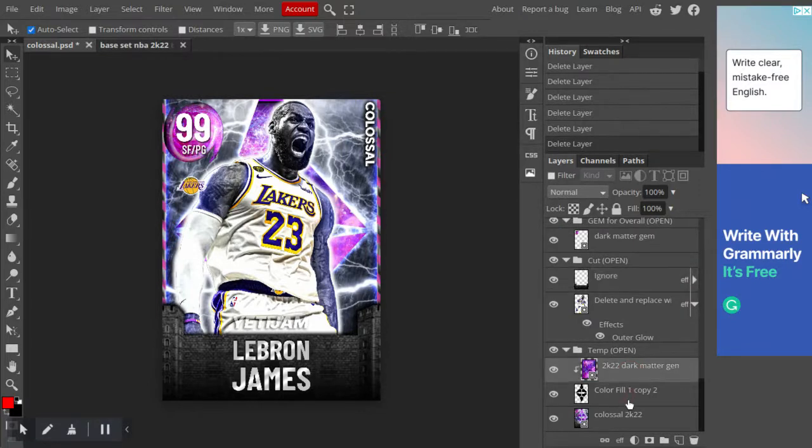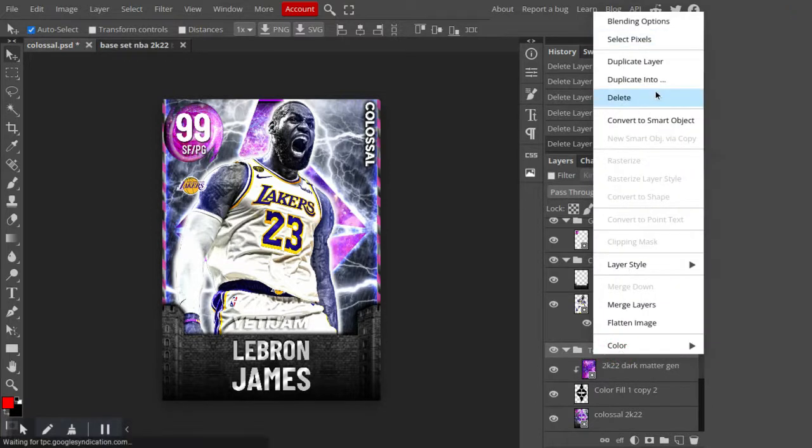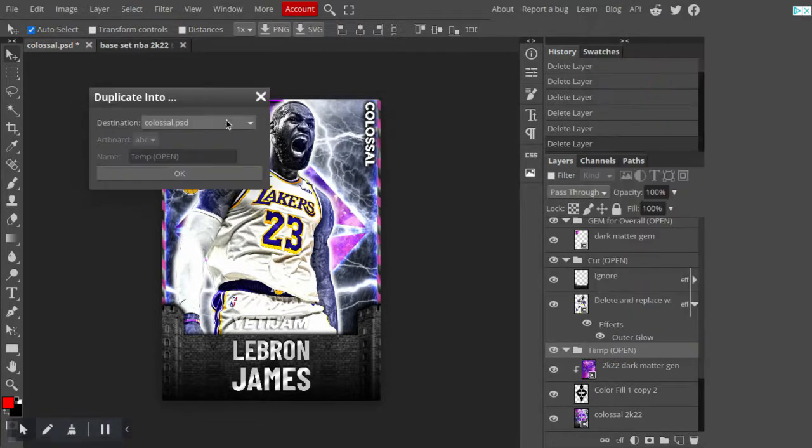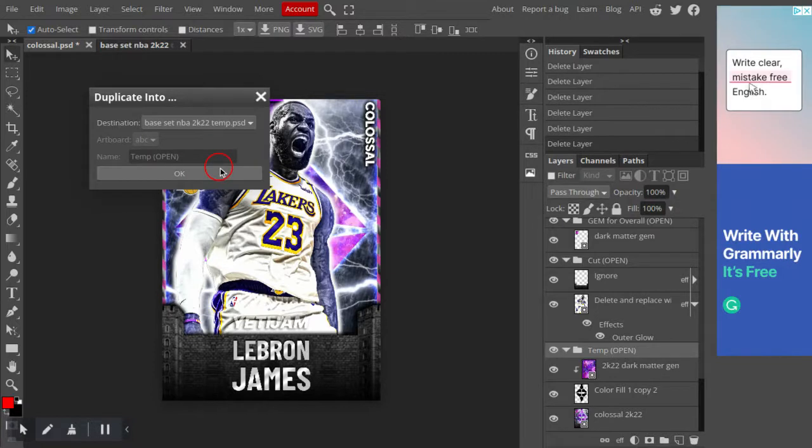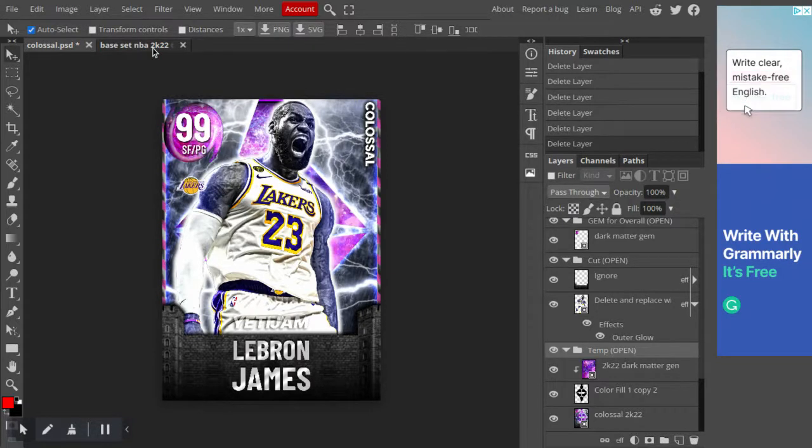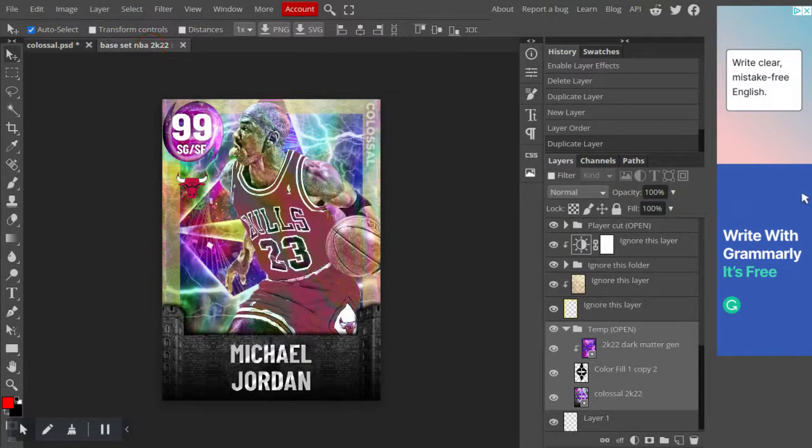And then obviously for my purposes, I'm just going to click duplicate into and put it in there. But you're just going to open in place your template and name bar probably, and then you're done basically. So that's how you make your custom